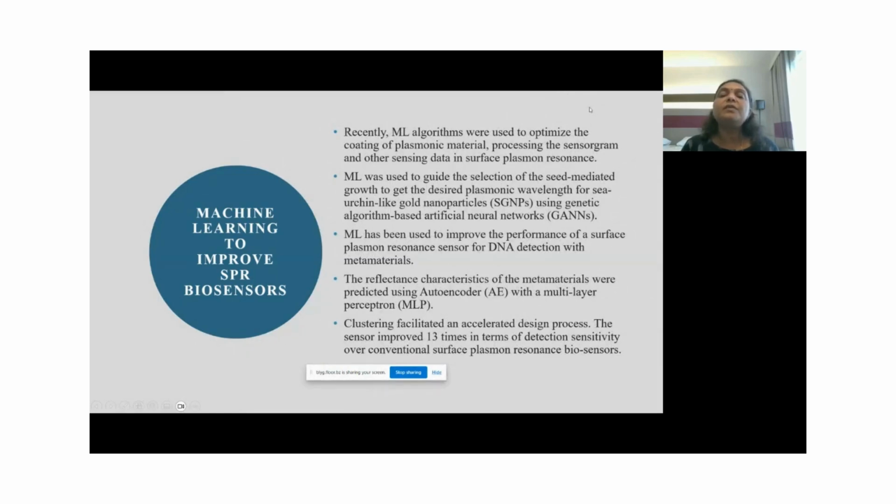Recently, machine learning algorithms were used to optimize the coating of plasmonic material, and to process the sensogram and other sensing data in surface plasmon resonance. Machine learning was used to guide the selection of seed-mediated growth to get the desired plasmonic wavelength for gold nanoparticles, called SGNPs, using a genetic algorithm-based artificial neural network. Machine learning has been used to improve the performance of SPR sensors even for DNA detection. The reflectance characteristics of a metamaterial were predicted using an autoencoder (AE) with a multi-layer perceptron (MLP). Clustering facilitated an accelerated design process, and this sensor improved 13 times in detection sensitivity over the conventional